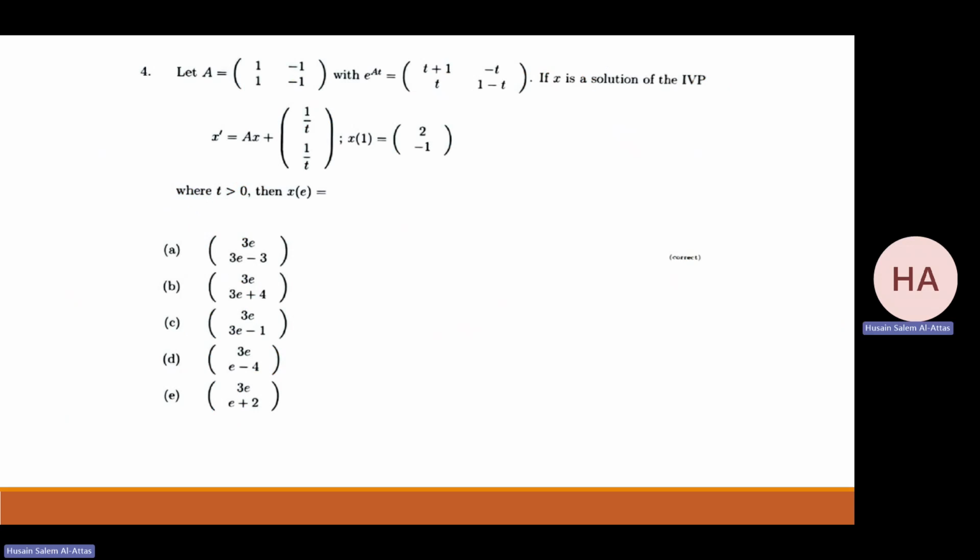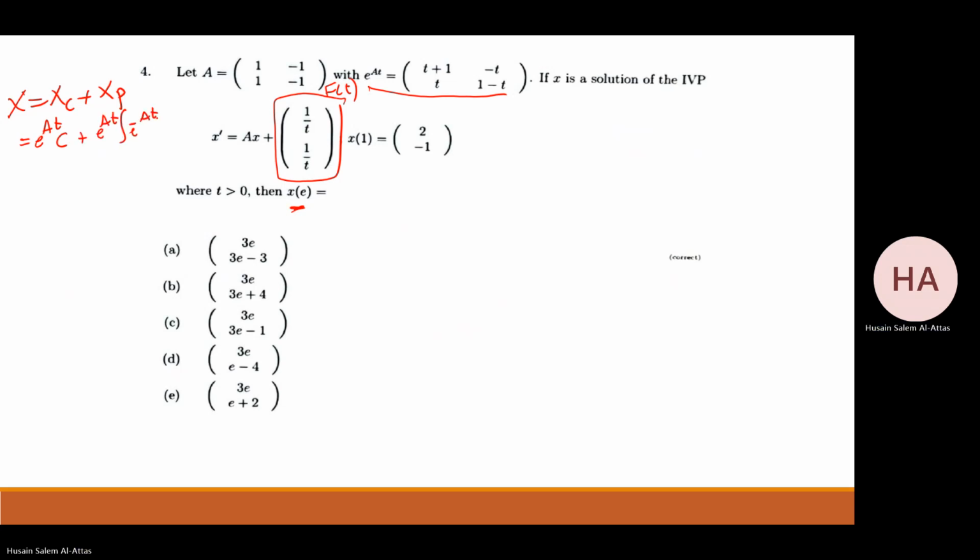1 minus 1 minus 1. This is e to the power At. He gave me this, this is f of t, and he wants the answer at e. So he wants me to find the full answer for x equal to x_c plus x_b. If x is the solution of the initial value problem, the full answer will be e^(At) c plus e^(At)